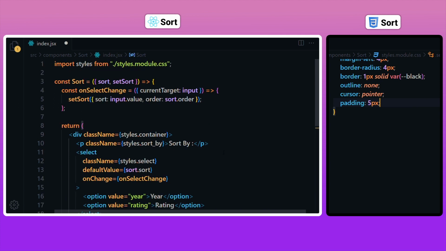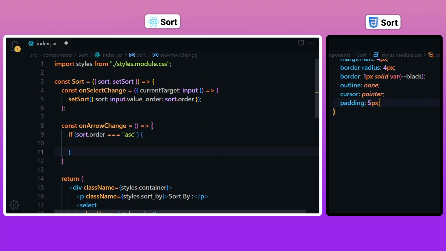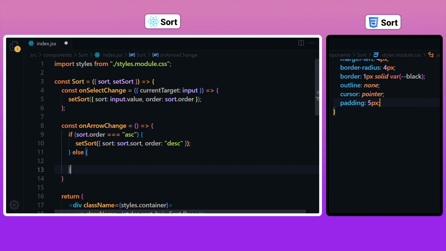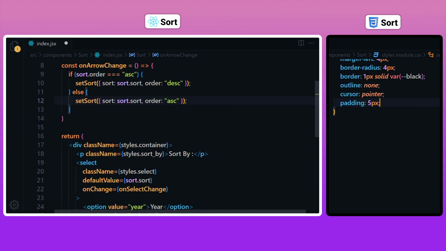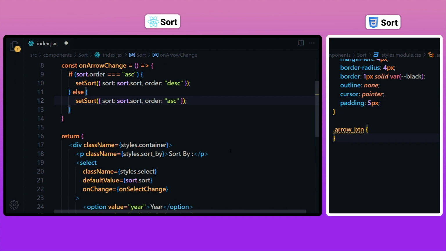Let's create this arrow function named on arrow change. If sort.order is equal to ascending, we set sort value to be current sort value, and order to be descending. If it's not ascending, we set sort to be current sort value, order to be ascending. Now let's add styles for arrowbtn.